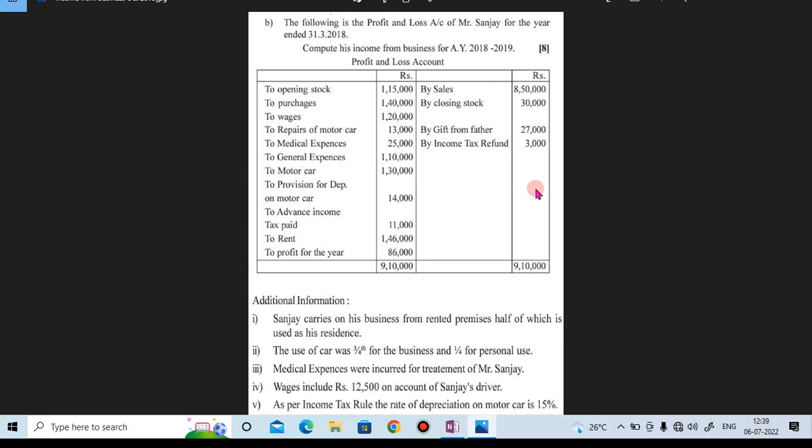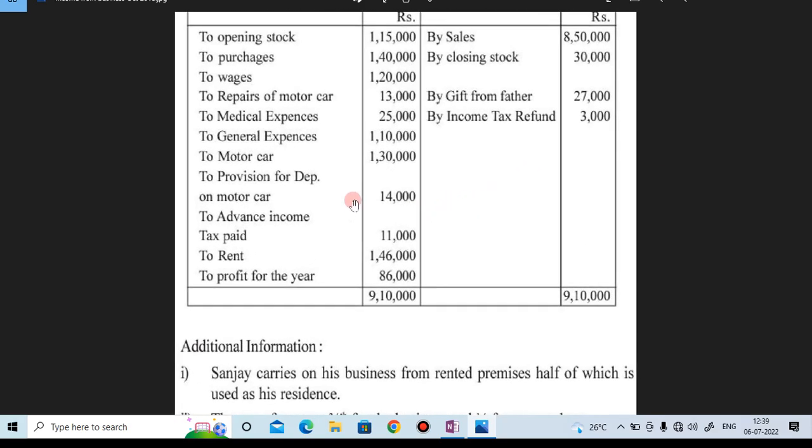I am Namita Mane. In today's session, let us solve example number 4 of income from business. So this is the example on the screen. This example was asked in university examination October 2018. So the example is: